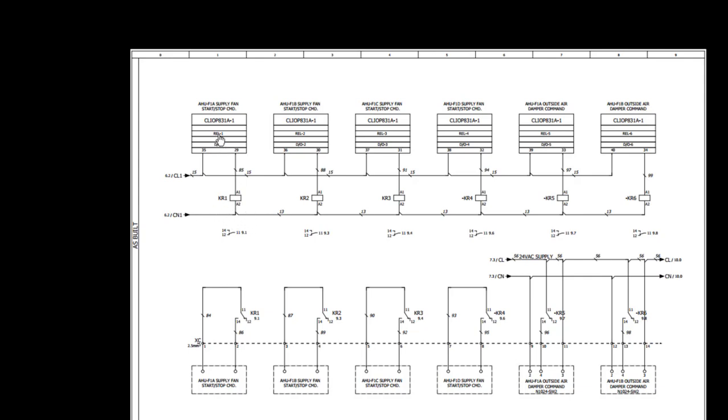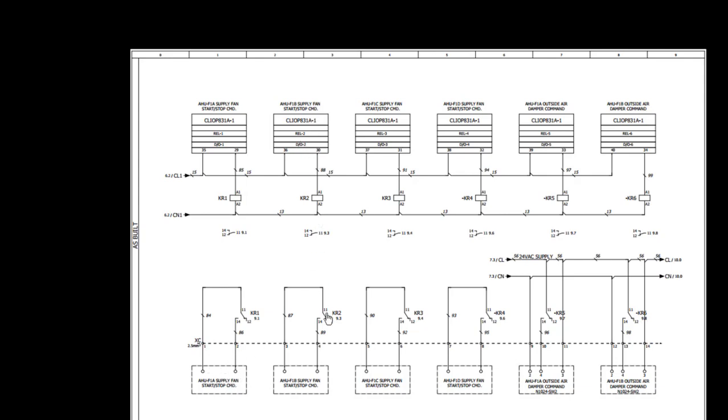So whenever we give a command to this DO1, the relay KR1 will be energized, its contact will be closed and our fan will start. Here is the terminal number where this command shall be connected. XC is the tag, and 1 2 is the terminal where we will connect this start stop command.